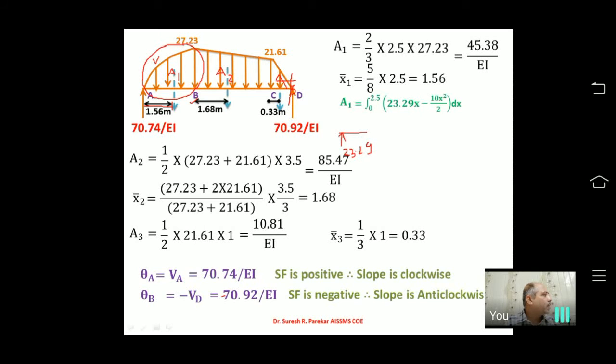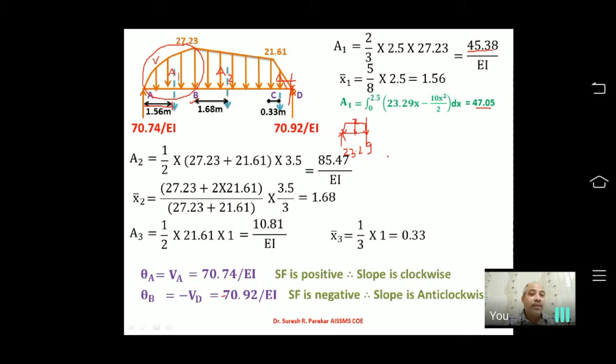If we take the moment of this UDL and this reaction, then it will be X, and we are going to get 23.29 into X minus 10x square by 2, from 0 to 2.5. So we will get this as, see here I got the value as 45.38, and here I will get the value as